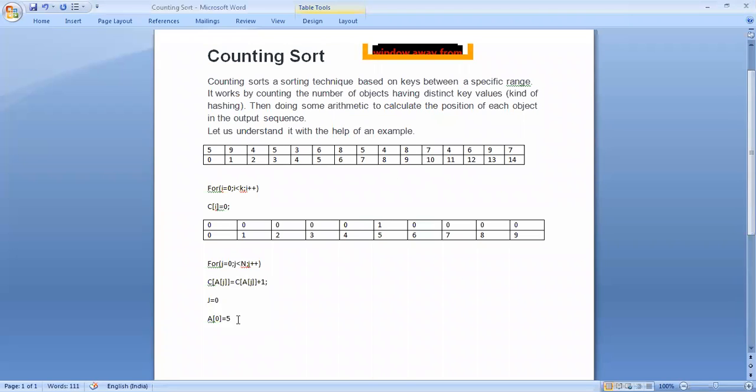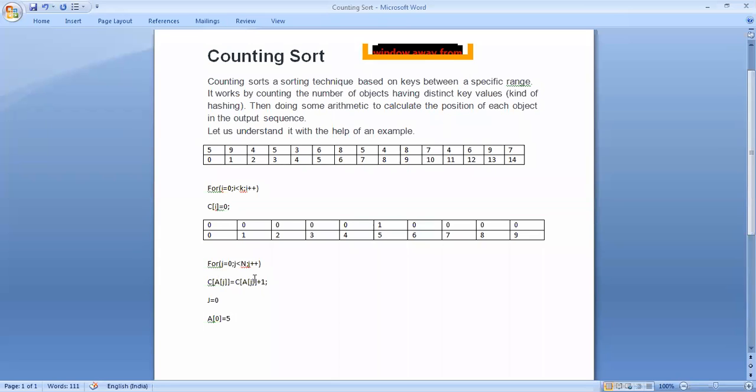Can you explain this one again, sir? Yes, again I will explain. This is the logic, c[a[j]] equals to c[a[j]] plus 1. Actually here we are counting the number of frequency of elements. Suppose 5 elements कितना type है? So this is our main objective. If you start from j equals to 0, a0 means 5. In place of a0 we can write 5.